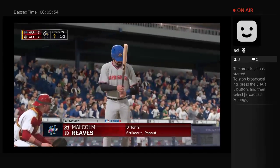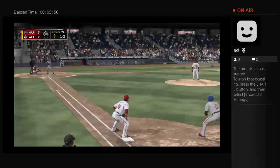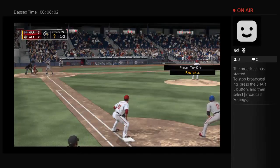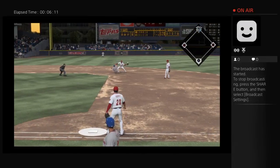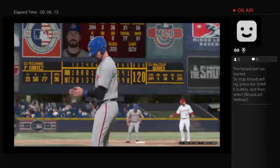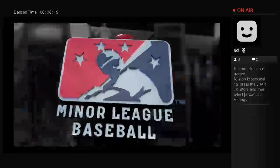Malcolm Reeves will come forward now. He's popped out and struck out in his first two plate appearances. Nobody out, runner on first. Hit on the ground down the first baseline. A step on the bag for one, and it's not in time as he's in well ahead of the throw. You know, that's one that you just don't see that often. Safe at second base, but out at...